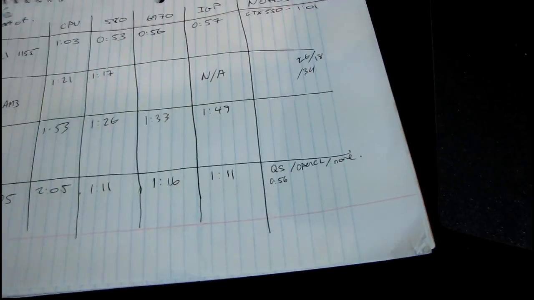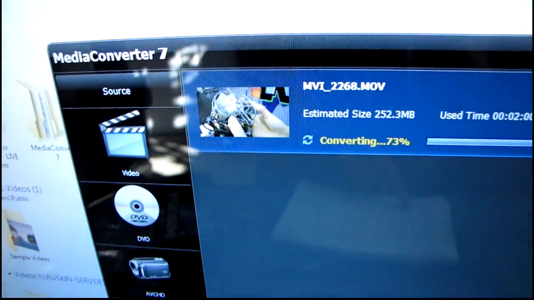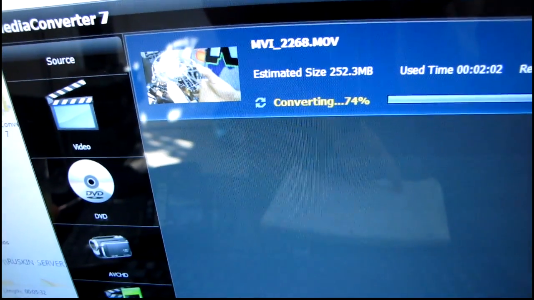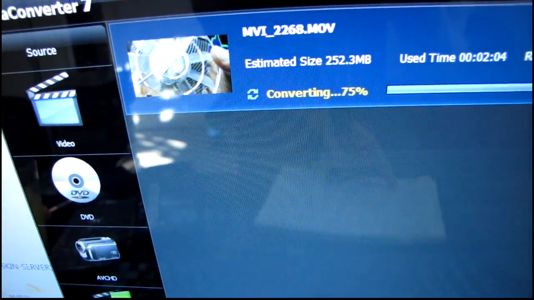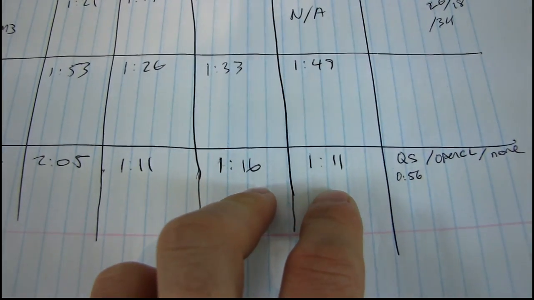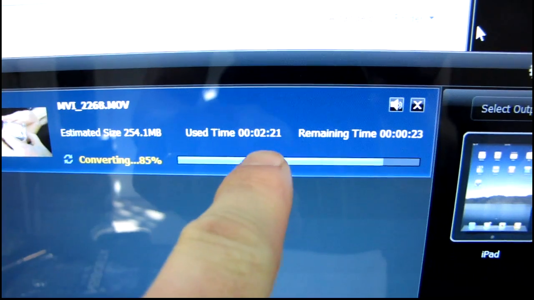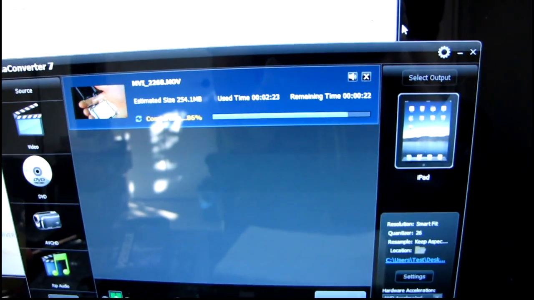However, I just ran QuickSync on the new file, which is the Intel Core i7 Extreme Edition 990X, or maybe it's a 980X unboxing, and it was done in 56 seconds. I am now running it on OpenCL, and you can see the difference in performance between QuickSync and OpenCL on that already transcoded once file. This ran in 56 seconds, and it's already taken well over 2 minutes with OpenCL